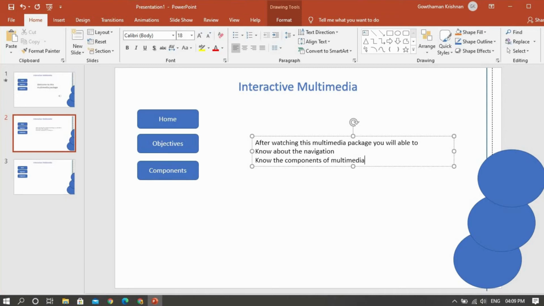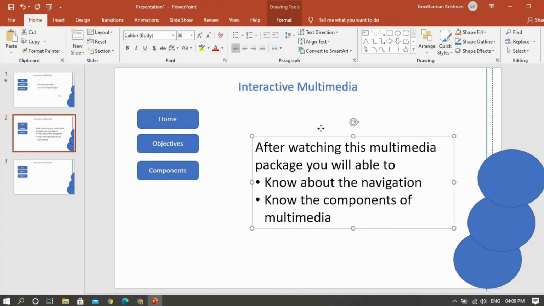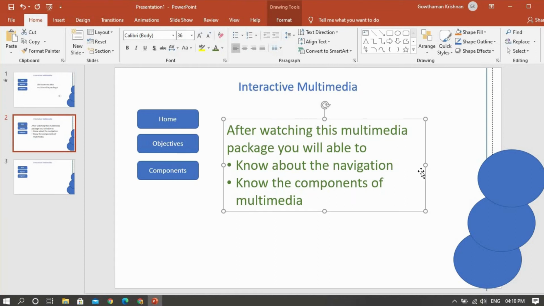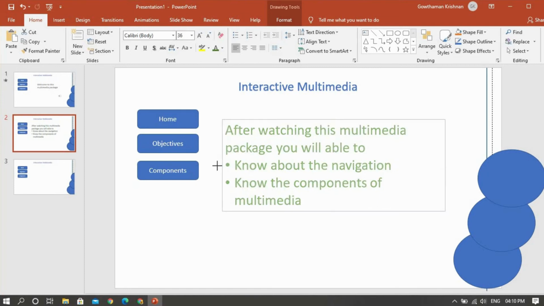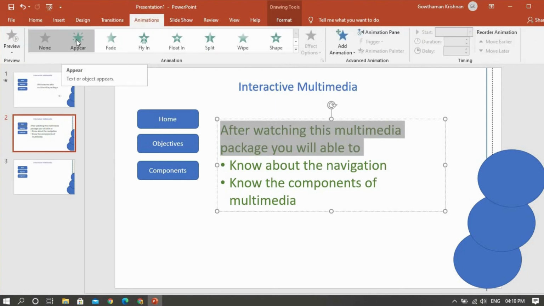So this also you can design by using bullets and making it a bigger font and everything. You can change the color, because since I am using a white background, you can select any color suitable to you. For example, this green I can put like this. If you want animation for this particular text, you can select it and go to Animation, and put in a small linear type of animation.